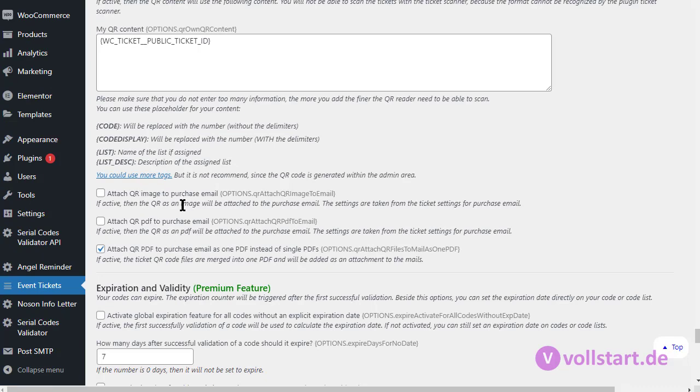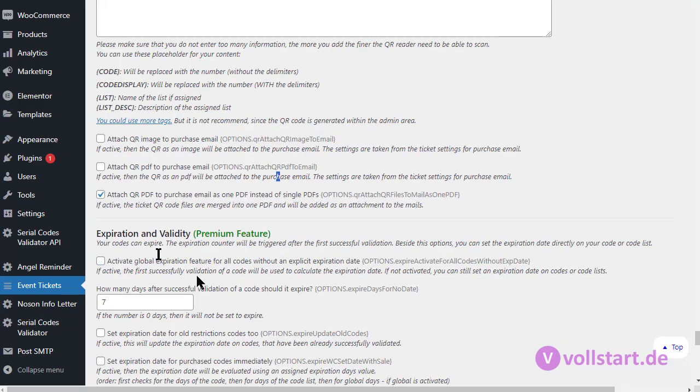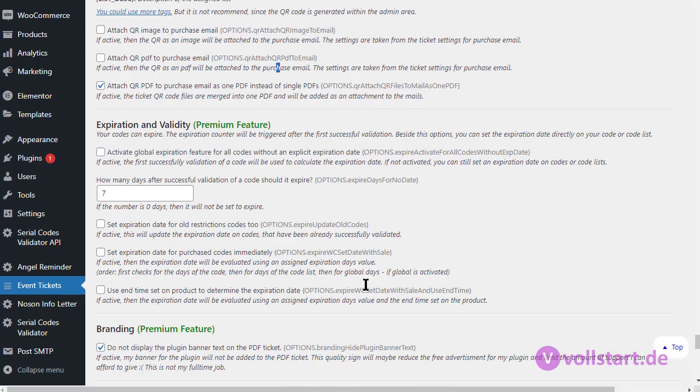Attach the QR code image, also again for faster access. If you just want to give them the QR code images, they open the email and see one image after the other. You can have them also as a PDF, as one single PDF with a lot of pages and a lot of QR codes attached. Now, with the order detail view, I recommend using the order detail view. It's the best experience, and it's much faster than opening emails and doing something there. And you can just choose what you want.